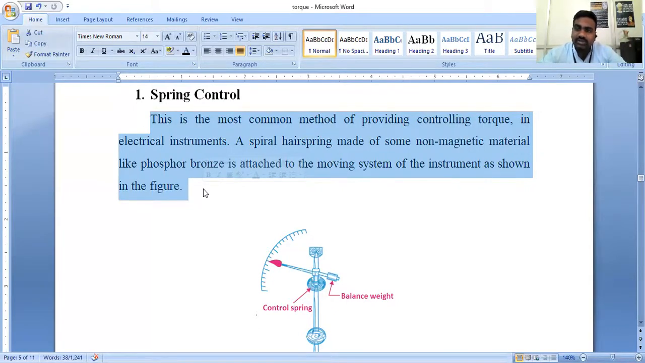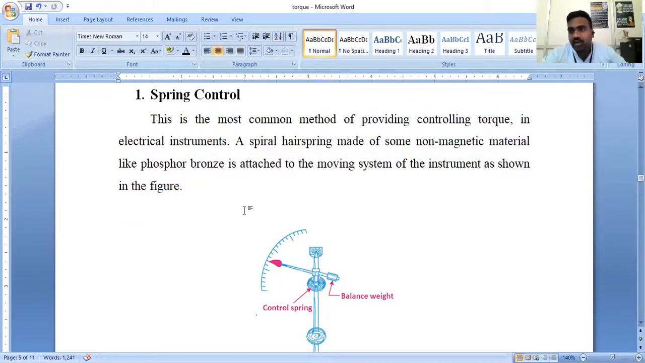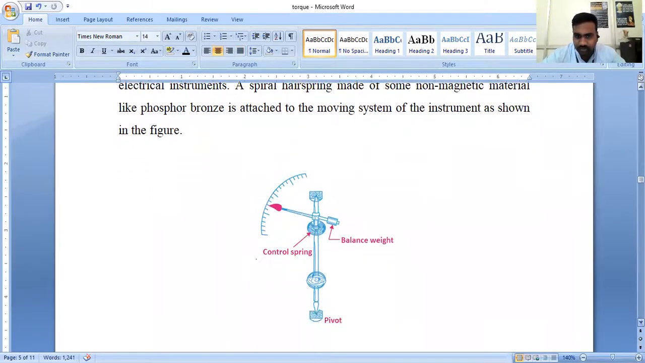So how can we provide spring control? We will use a spiral type spring of non-magnetic material. I will zoom the image. So this is a non-magnetic material spiral spring. So this is the conductor, I'm saying, the current carrying conductor. So this is the current carrying conductor, and